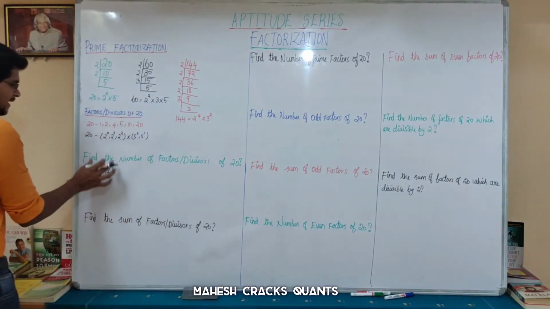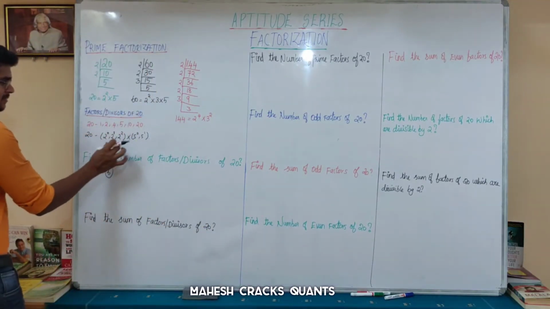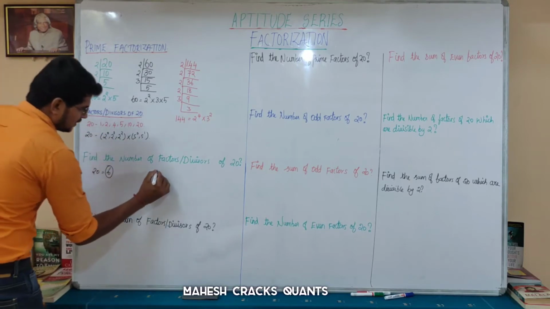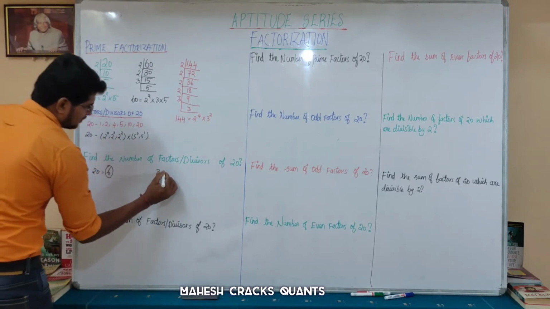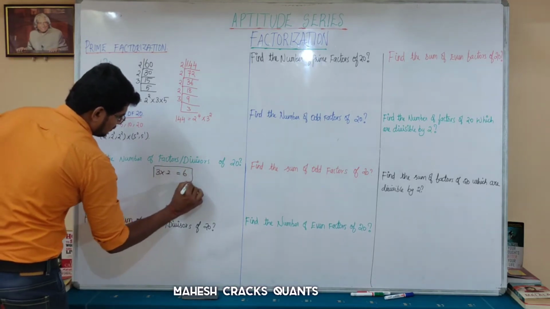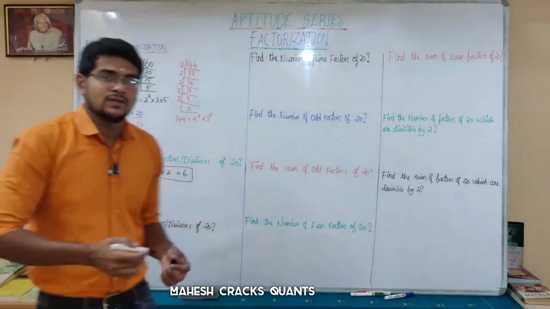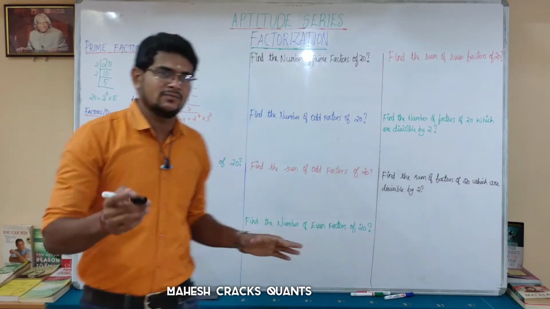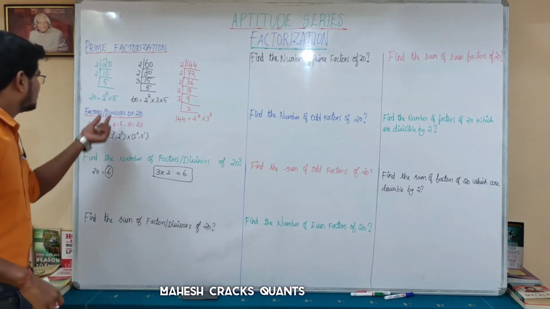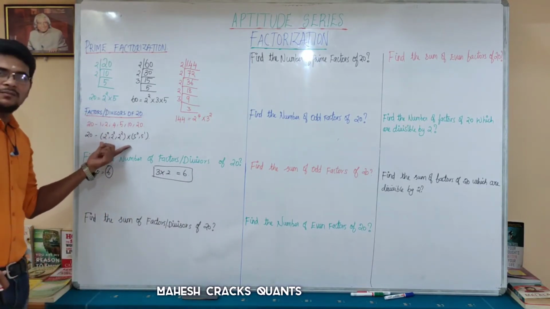So this can be calculated here with this method. So how many factors are there? In 2, there are 3. And in 5, there are 2. So this is the number of factors. You have to be clear. There are a lot of other methods, but you don't need to confuse yourself with those methods. Just listen to this method. This method is enough. Just write this into this form.